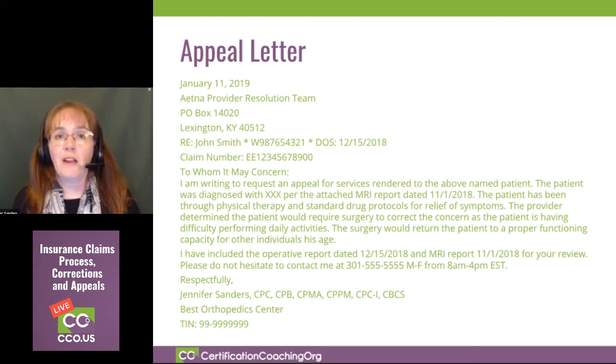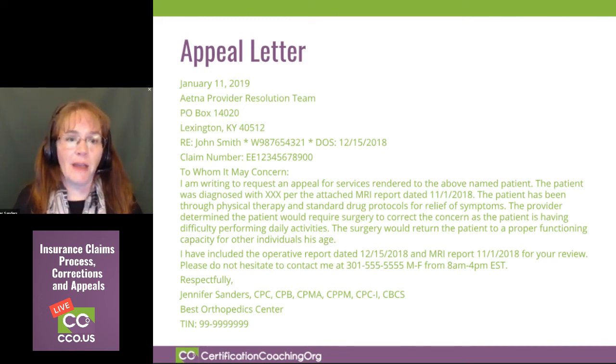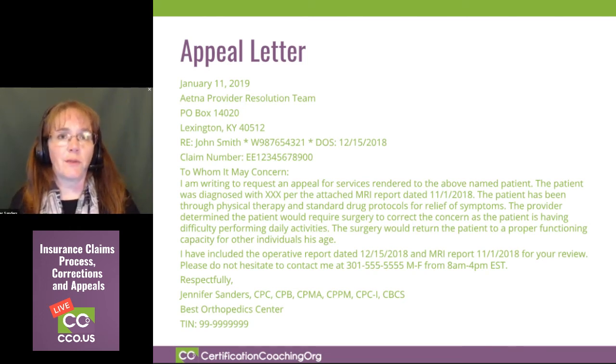Include where you're at, your tax ID number, maybe the office website. You might include your personal email as well. Some other information you might include would be standard with your office typically. And then we're going to attach to that all the information we said we'd attach: a copy of the claim, a copy of the explanation of benefits, that MRI report, all this information. Make copies of it, staple it all,